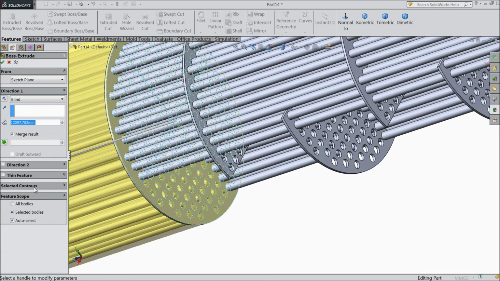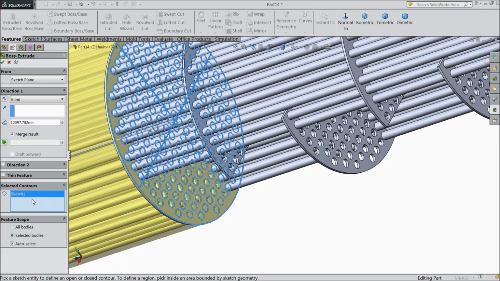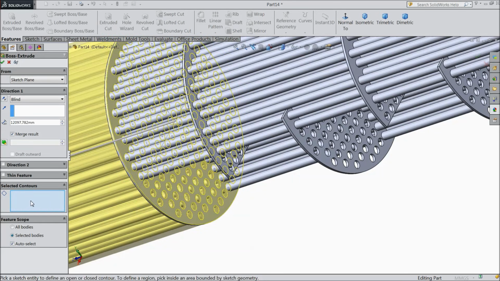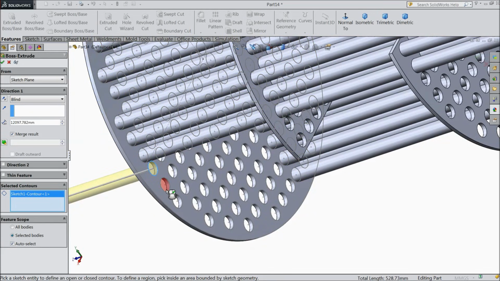Now here open selected contour, clear this box and select here one by one the circles.